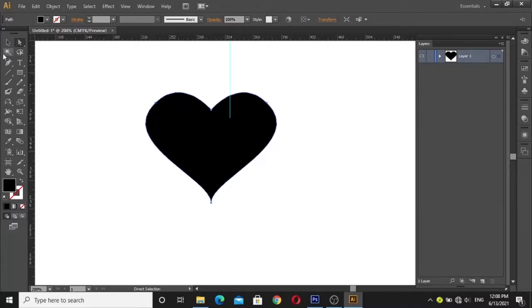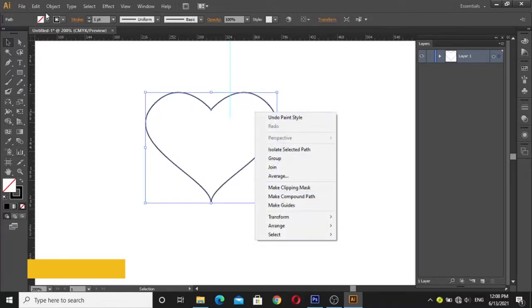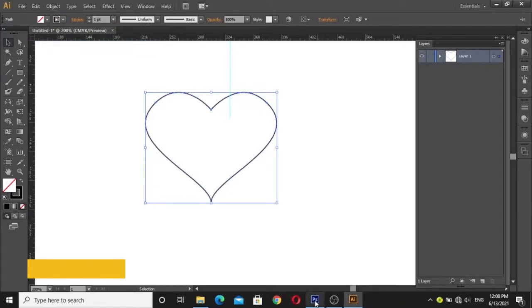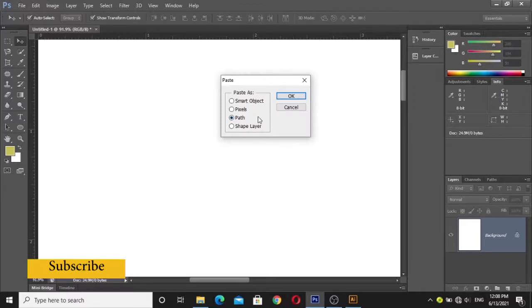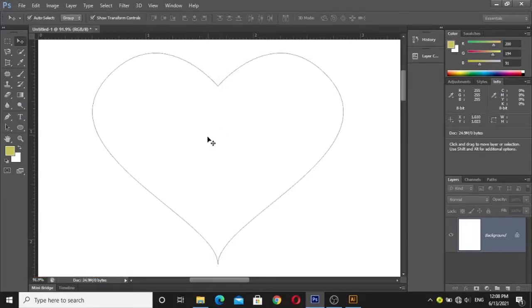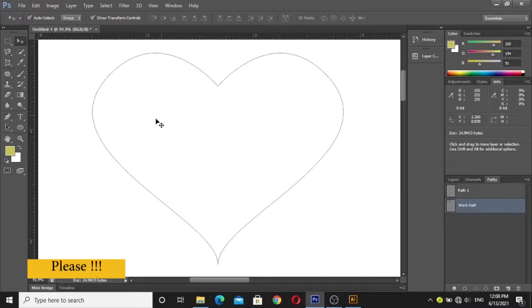So now I am able to copy this shape from Illustrator to Photoshop for further processing. I will copy this shape from Illustrator and paste into Photoshop. I will keep it as a path. I can easily see the path in the path panel, where I already discussed the three buttons below on the right side.